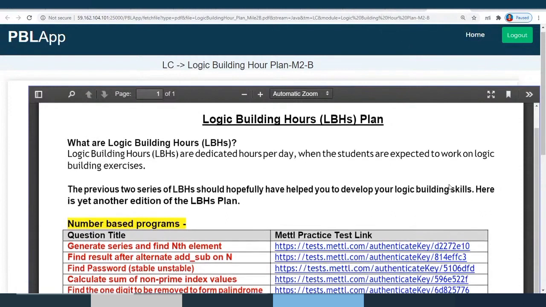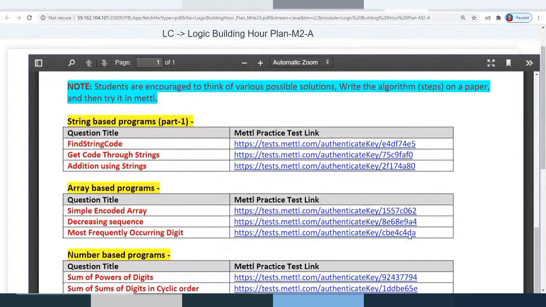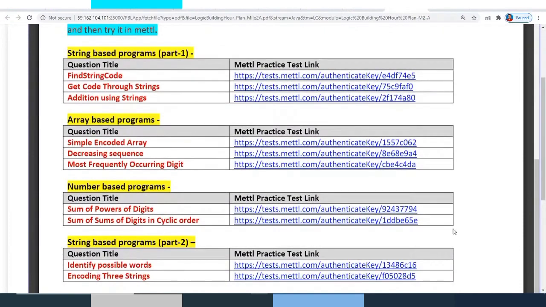M2B we don't know. First thing is we are not sure which kind of logic building problem they are going to ask you for this particular assessment milestone, and that's the reason I have asked you to complete up to M2A. I don't know how many of you have successfully completed,